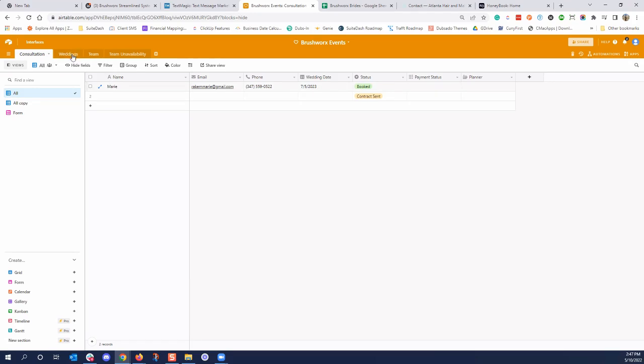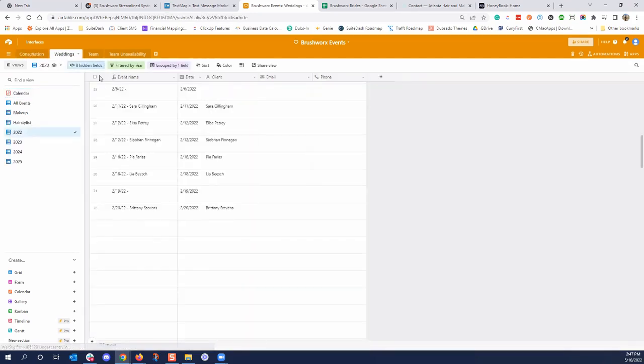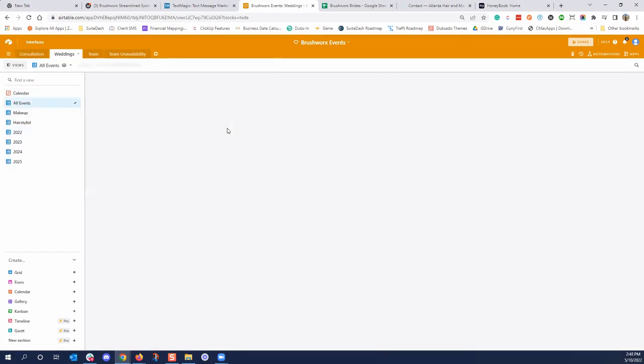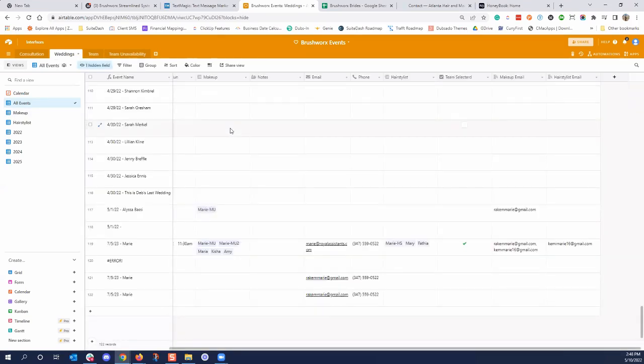Yeah, last thing, before I forget to mention, just to recap: once we've selected all of the artists that are going to be associated with this wedding, there's going to be a team selected checkbox, if I'm not able to get it sent individually, but I really feel like the team selected checkbox is the way that I'm going to go.